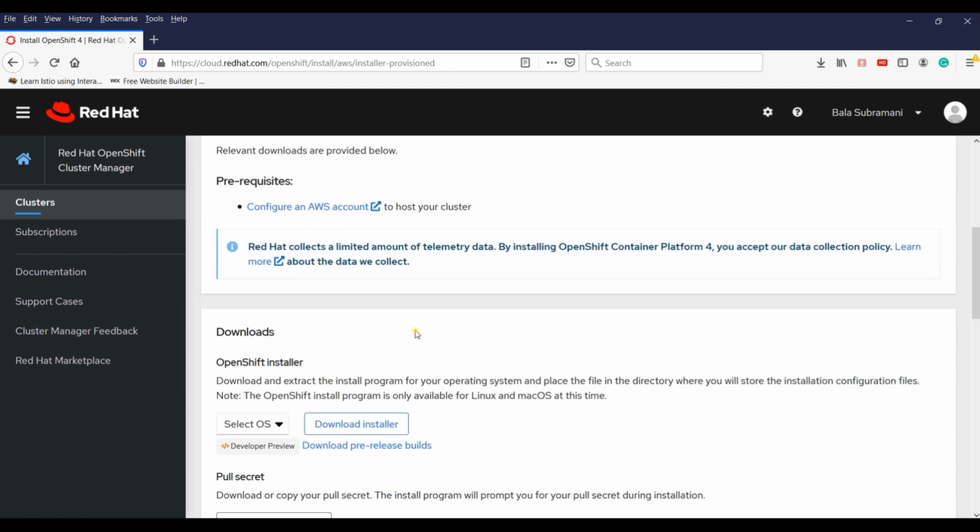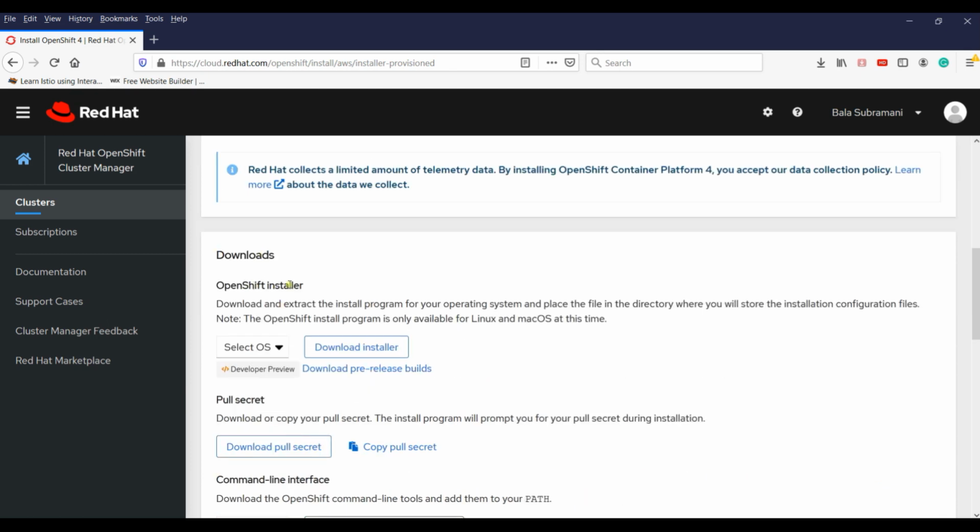Here a few downloads are available, that is the OpenShift installer, which we are going to use to install OpenShift. I'm going to select my OS and download it.